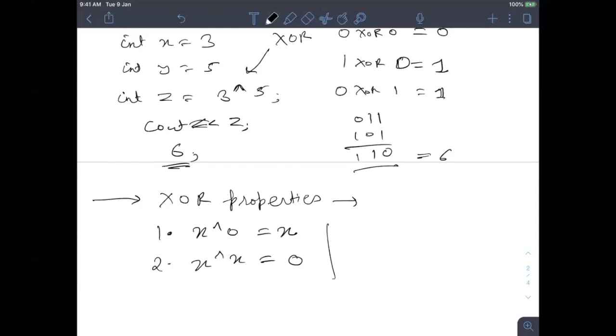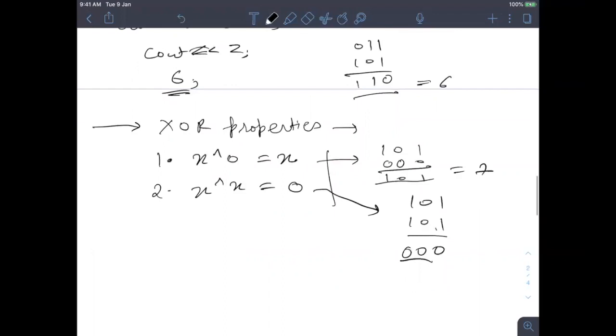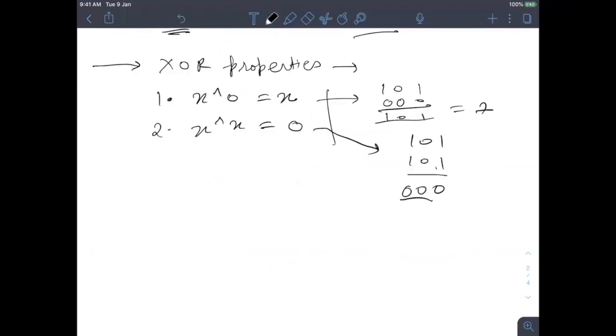So let's check for this one. If you take XOR with anything, like if you take XOR with 0, you will get the same number, because 1 0 is 1, 0 0 is 0, and 1 0 is 1. So it will be 7. And you can see this is very simple, because let's say you are taking the XOR of a number with itself, then all the bits are same. And you know, if bits are same, XOR is 0. How can you use this property? Let's see.